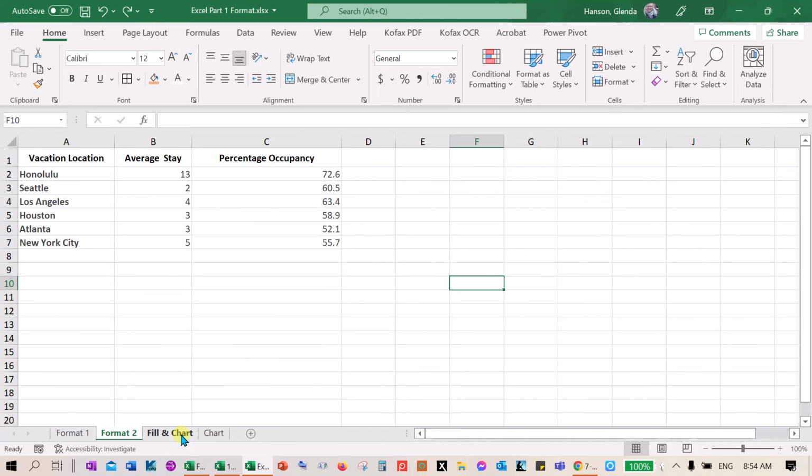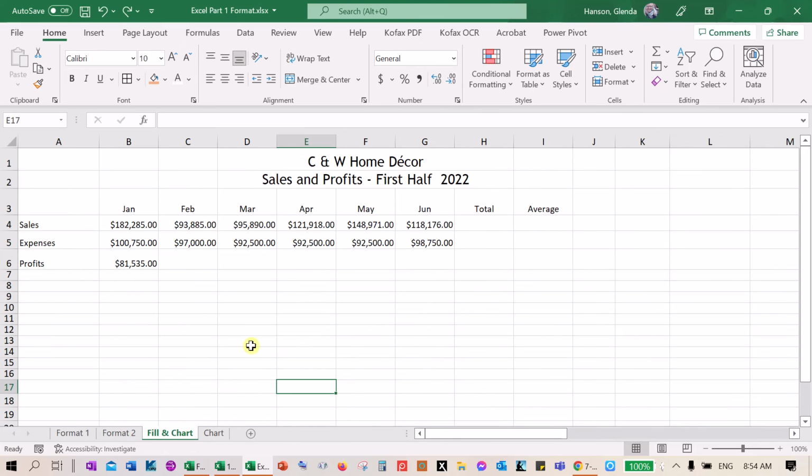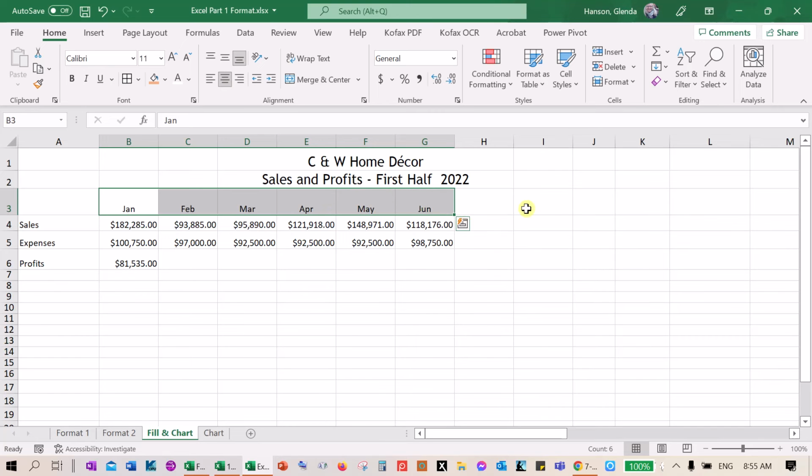Okay, the next thing I want to show you is a feature called Fill, and it's really great. Sometimes if you have a pattern, like right here we have January, February, March, April, May, let's say I want to run this all the way out to December. I can just get right in here and see the black cross. That's called a fill handle, and I can pull it out, and it realized the pattern: January, February, March, April, May, June, July, August, and it just filled all the way out. And if I go one more fill, it'll go to December,